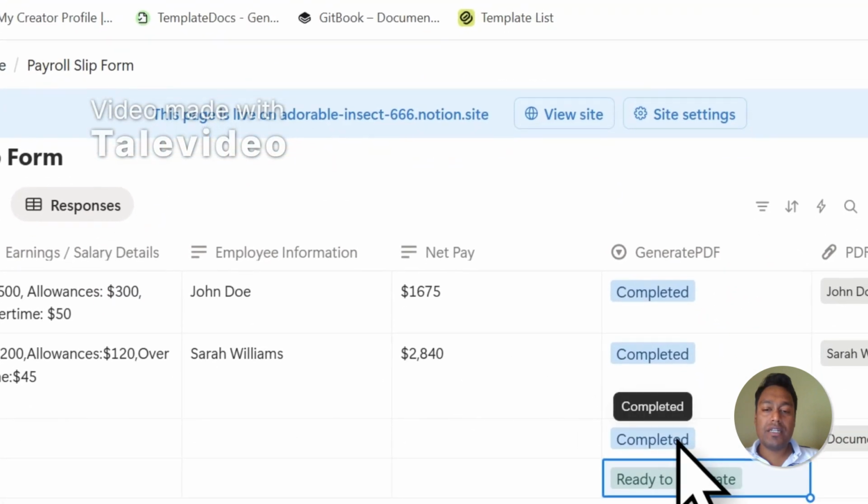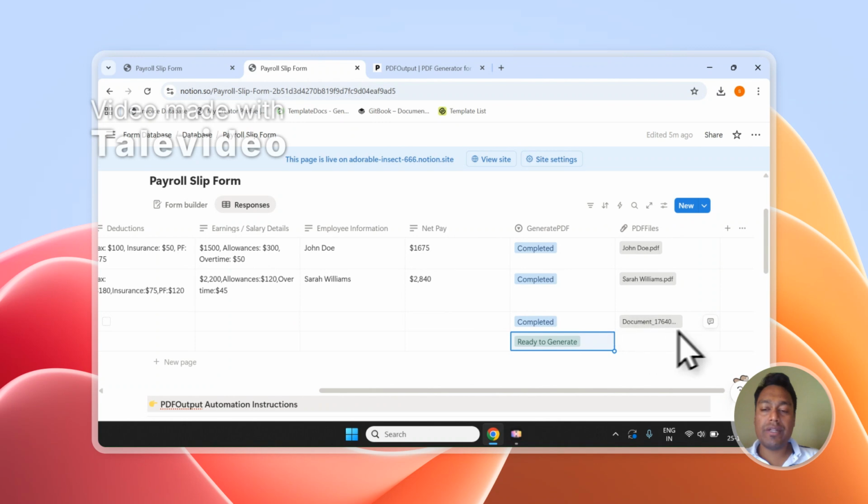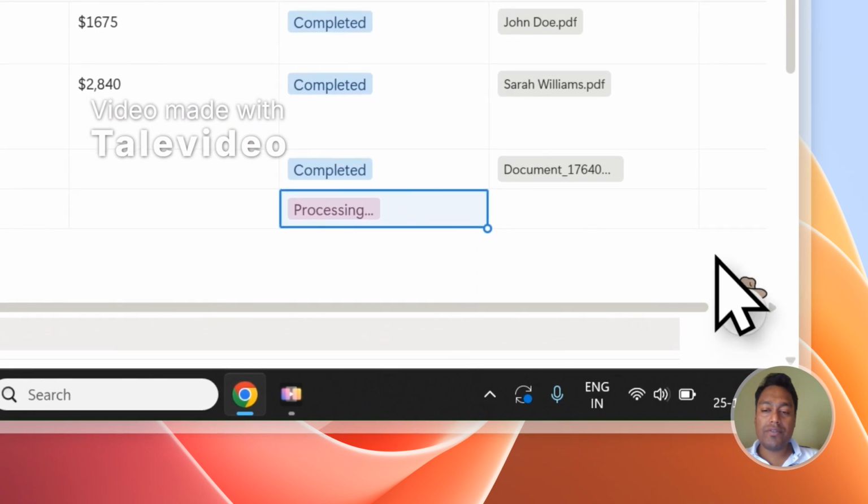And as you can see, it has even started processing the record, and it has completed the record and turned it into a PDF file as we were demoing this entire setup. This is how it quickly maps the same and creates the PDF right for you inside the database. And you can see the last record is also being processed, and it will also be created right over here inside the